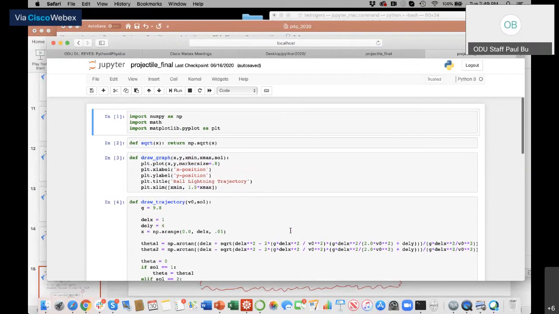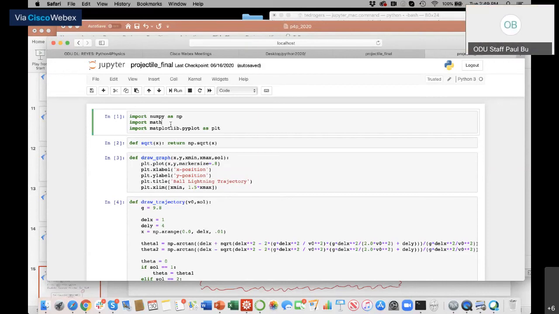So again, here's what my code looks like. Some important elements missing in this code. I'll give you a second to see if you can see what's missing. It's something really important that I made a big deal about in my PowerPoint slides. What am I missing?